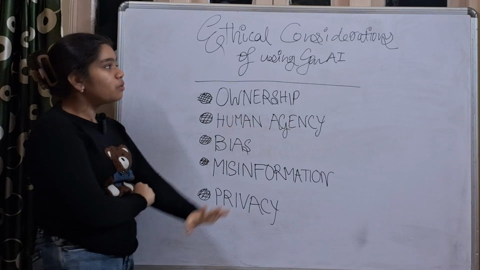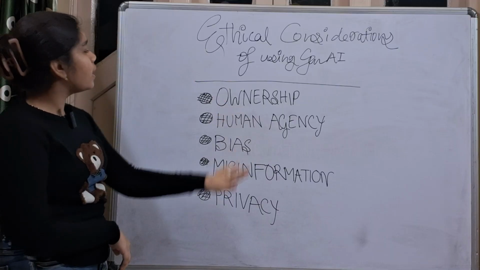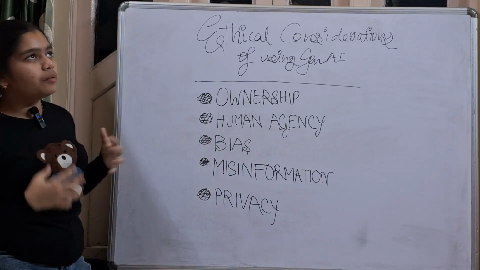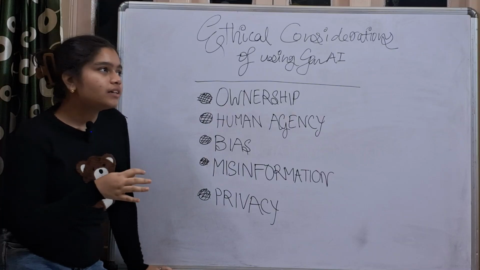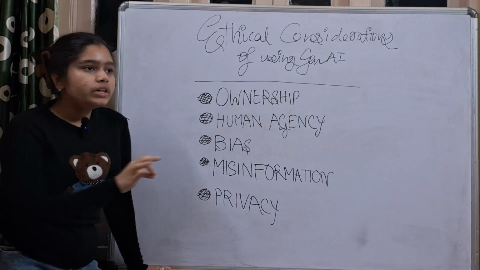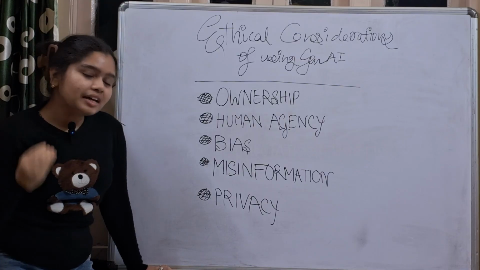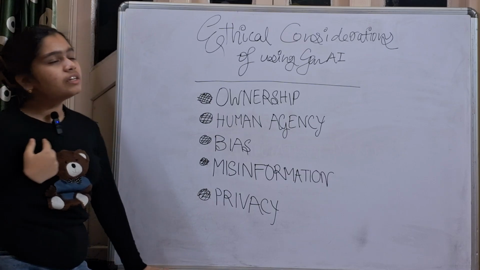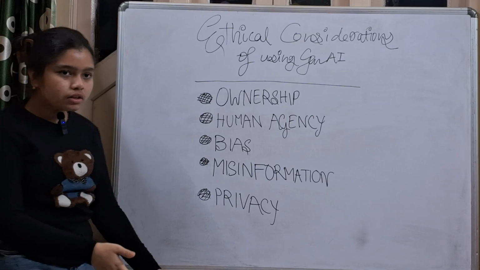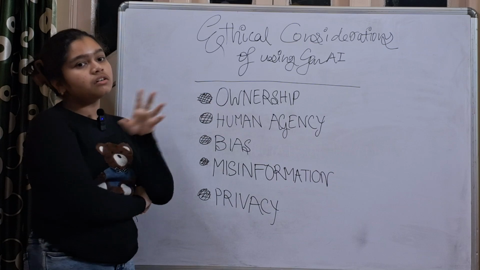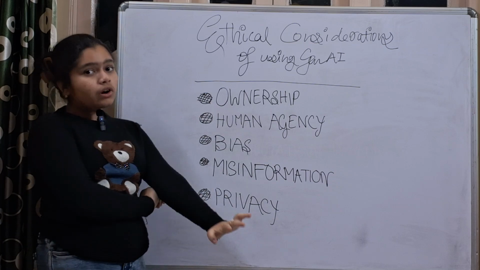Now we are going to study the ethical considerations of using generative AI. So first there is ownership. Suppose an AI model has generated a song. Now will the AI model be considered the real owner of the song? No, because the AI model is trained by someone. So the person who has put in the training data, that person should be considered the real owner of that song